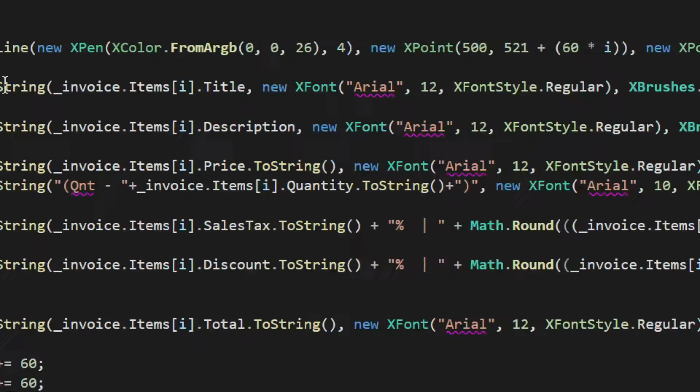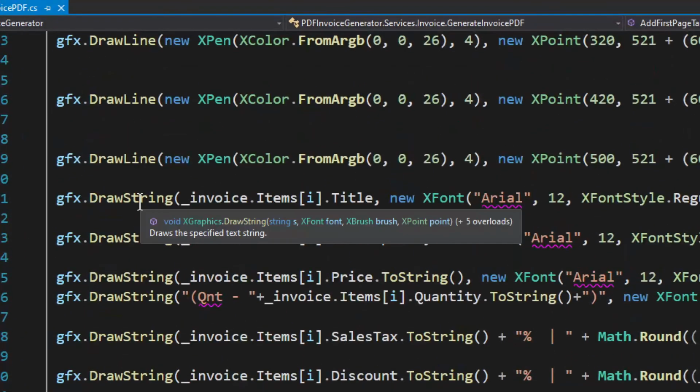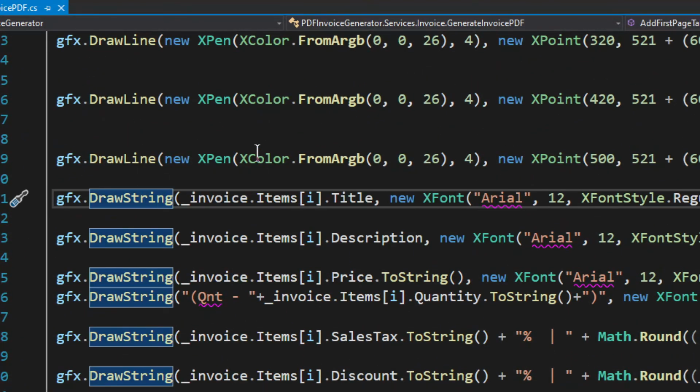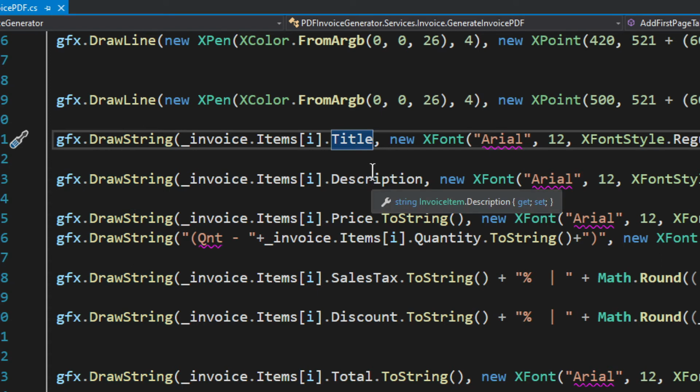Now then, on to the next thing. I guess we can take a look now at the drawing of the spring, because those are just the vertical lines. And then we draw the strings, which is great and good. But you may have noticed in the data models for the item and for the invoice, I always had